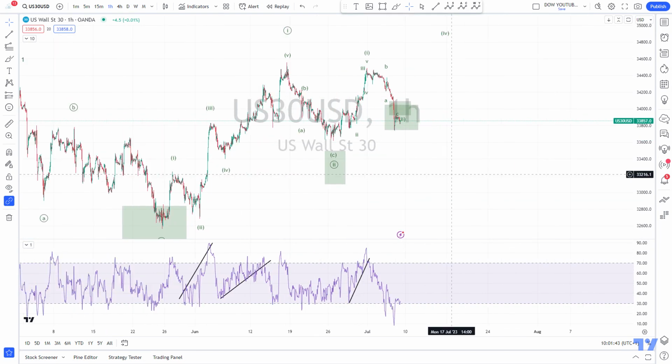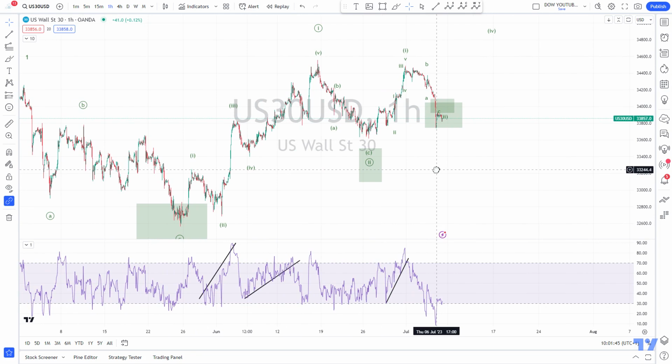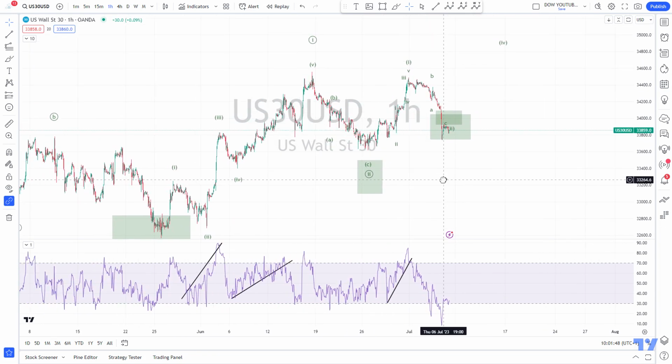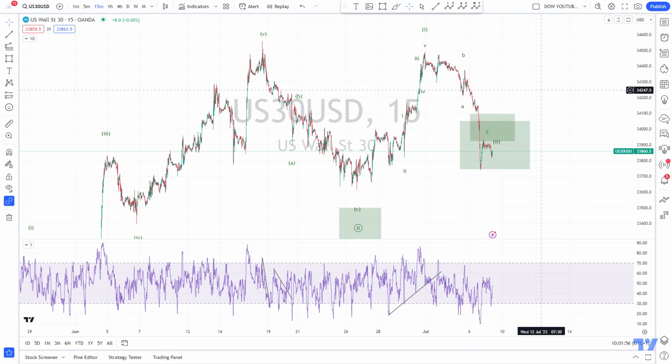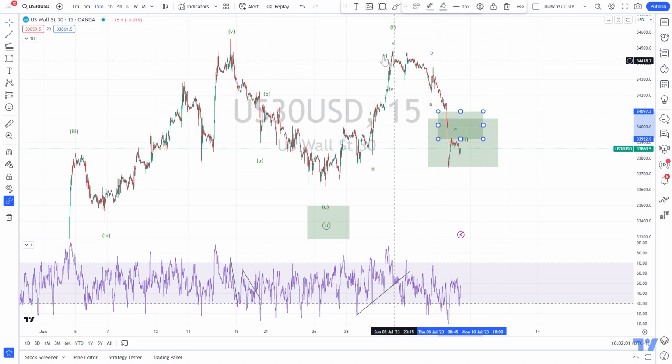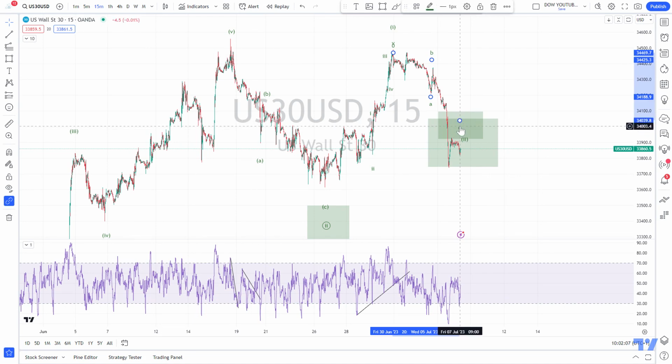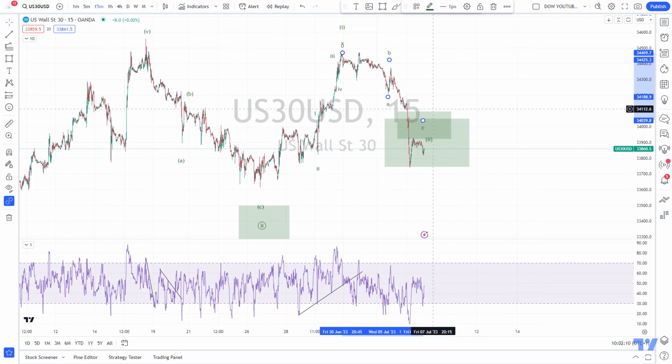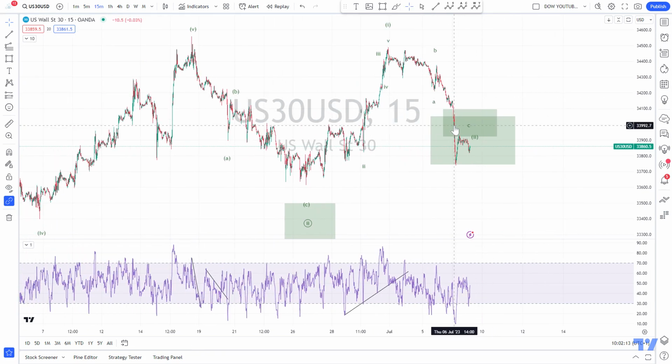Now this here becomes interesting to analyze in more detail. Yesterday, maybe let me show you on the 15 minute. Yesterday, I told you to watch out for this area, as this was the area where we could expect a wave C to end. At the moment I was recording, I told you there was no reason, although we were in the area. I told you there was no reason to buy yet because it looked way too strong downwards.